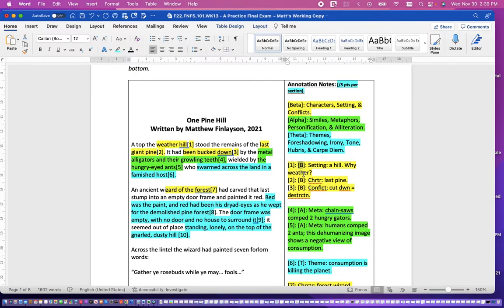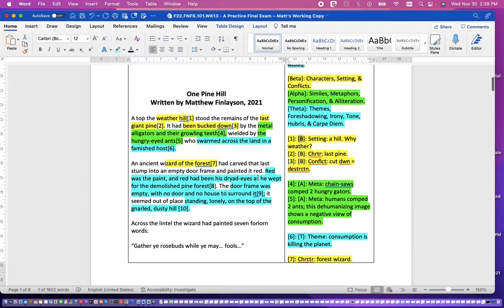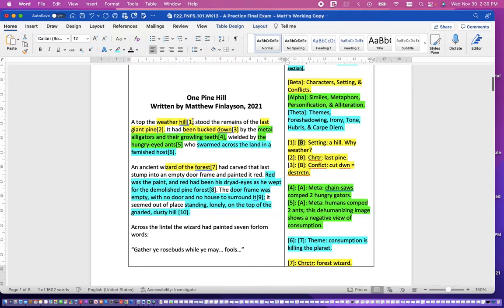I've given it color coding. So all of these are our annotation practices. And as we go through, you can see that each one of the notes is connected to a sidebar note or an annotation note. So the first paragraph starts with,